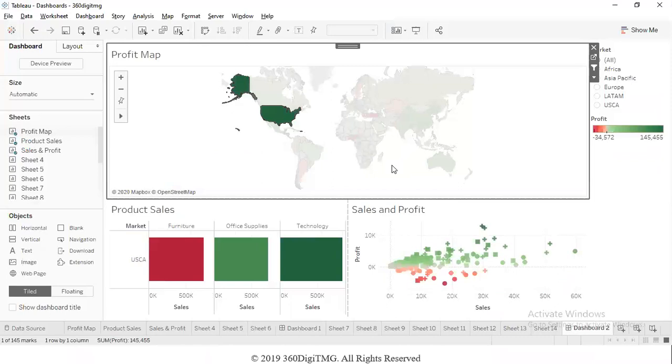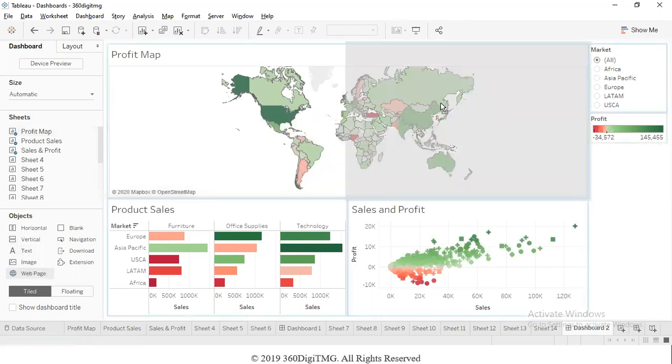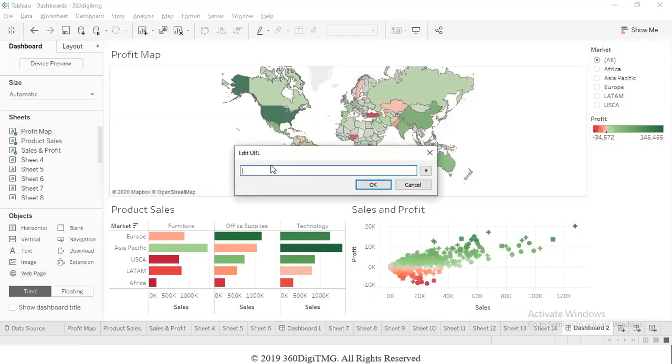Now, if you want to see the result here itself, rather than going to the internet browser every time, if we want to show a web page embedded into the dashboard, that also we can do by using the object called the web page object. When we take the web page object and place it anywhere in the dashboard, you can give a link or just leave it blank.